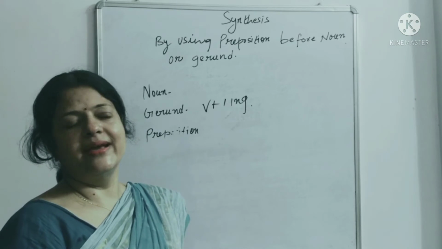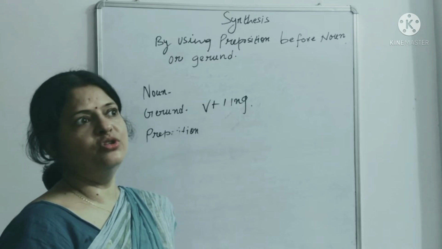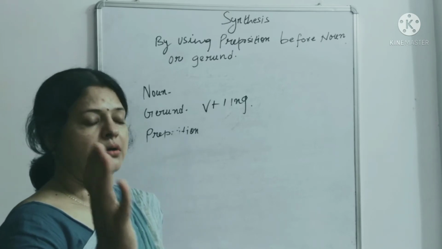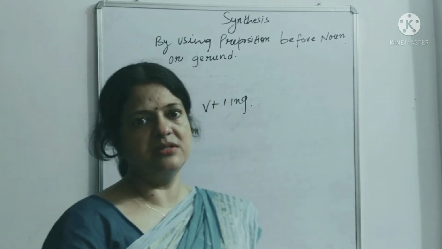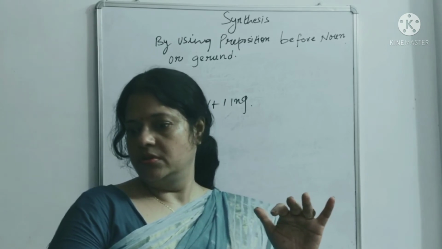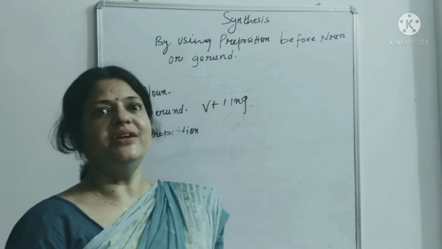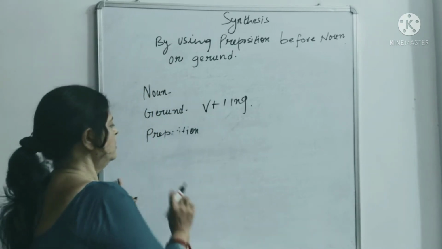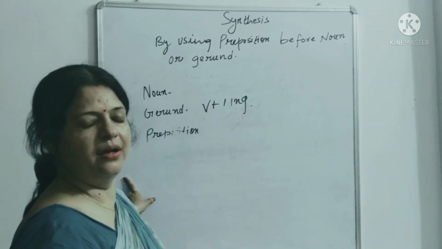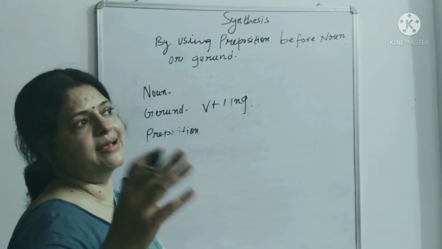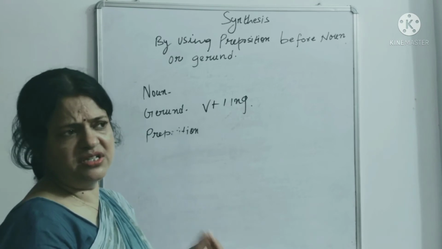And one more thing is there, that most of the students are very much confused about the formation of present participle and gerund, because both can be formed by adding ing to the first form of the verb. But the difference is that gerund works as a noun, and participle can work in both ways, as a verb and as an adjective both. So let's see the differences in short.